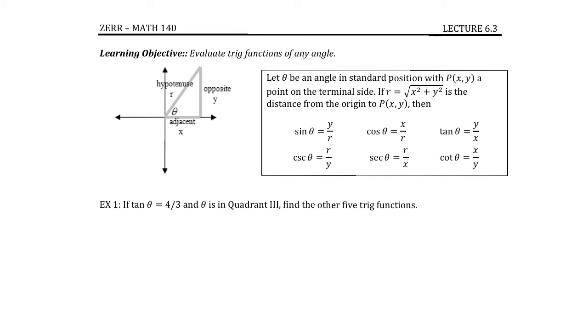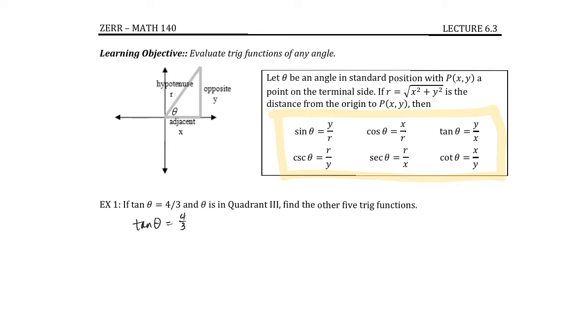In this section, we're going to evaluate trig functions for any angle, and it can be in radians, it can be in degrees. So let's go ahead and get started. We're going to use these trig definitions. Okay. So in the first one, I am given that tangent of some angle is equal to